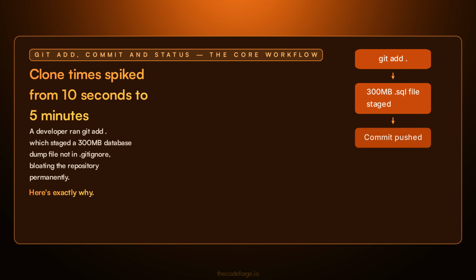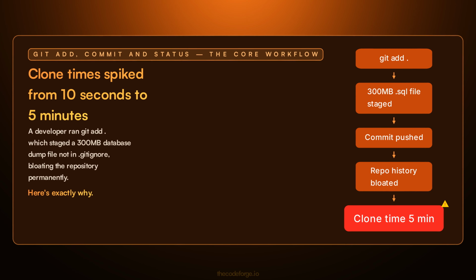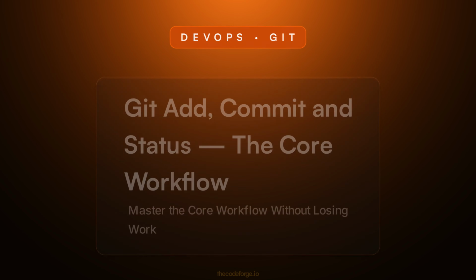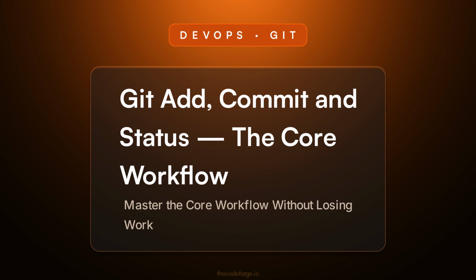Clone times went from 10 seconds to 5 minutes. A single git add staged a 300 MB database dump that wasn't in gitignore. Let's break down git add, commit, and status, the core workflow, how it works, and the exact mistake behind that